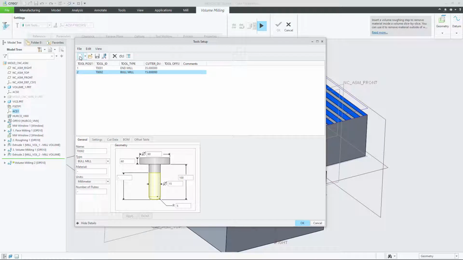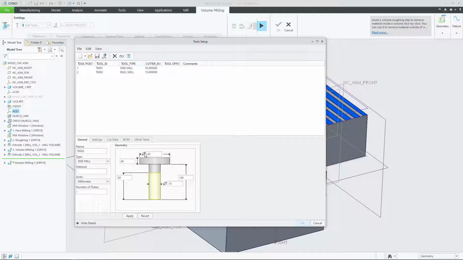So I'm going to click here to create a new tool, click, and then I'm free to set the geometry of my tool or the type of tool. So I want a flat end mill, so just a standard end mill. I want the diameter to be a little bit narrower than I've used before, so maybe 10 millimeters. 100 millimeter extension is okay. I'm going to say that the cutting flutes extend 60 millimeters up. And I'm going to put a typical holder on this. So I'm going to make this holder 60 millimeters tall and